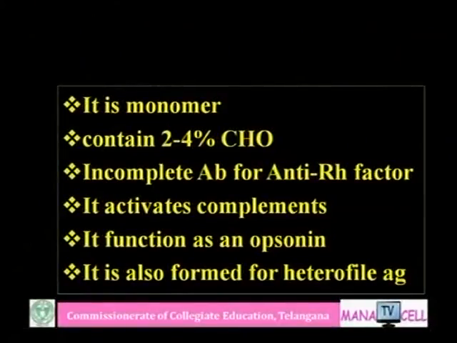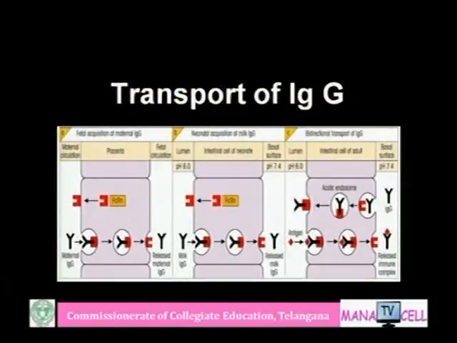IgG exists as a monomer. It contains 2 to 4% carbohydrate, and it is also called an incomplete antibody. This incomplete antibody is formed against the Rh factor present on the surface of RBCs, so it is also called the anti-Rh factor. IgG can activate complement, function as an opsonin, and also react with heterophile antigens. This is the picture related to the transport of IgG from mother's blood to the fetus